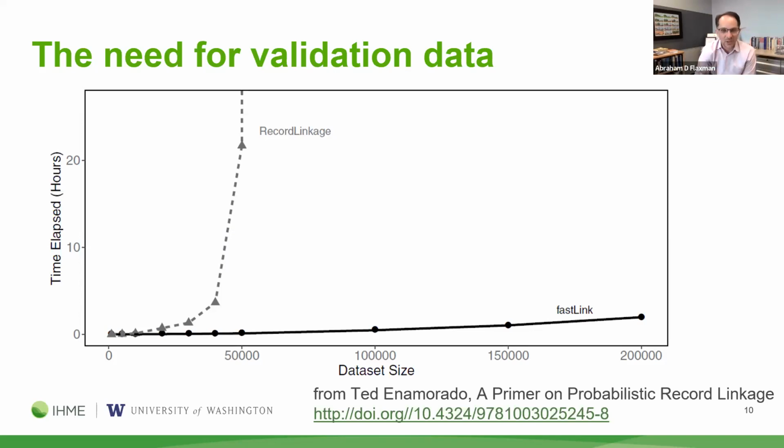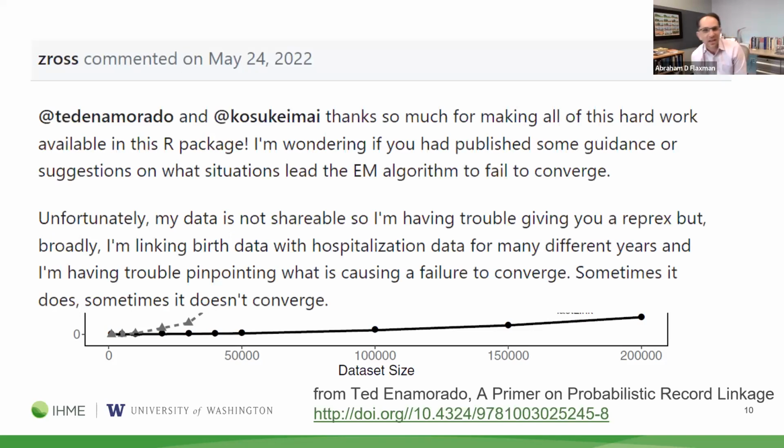And just as I was preparing this talk, there was an interesting back and forth on fastLink's GitHub page, where someone who's using this said, hey, by the way, this is awesome. I'm having a little problem with it. And then very technical details about the EM algorithm and so on. But unfortunately, this is the part relevant to the simulated data: this user's data is not shareable. So I can't exactly tell you how to reproduce this problem, but here are some details of it. And then they give some details, and they were able to get some back and forth over the course of a year to get some feedback about how they might make things work better.